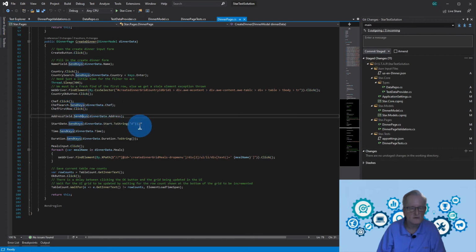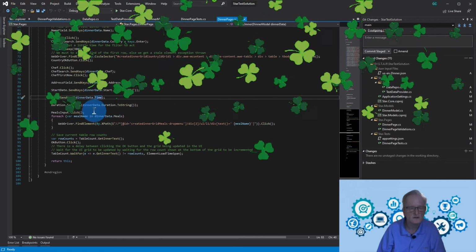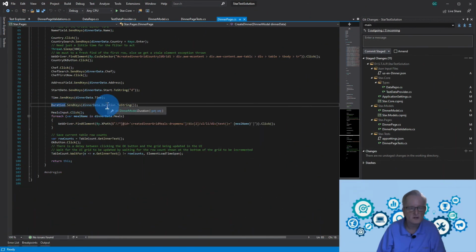And now we go to the address field and we type in our address. We go into the start date and we type in our start date. We're taking our start date and converting it into a simple date string. That's what the application wants, a simple date string. And then time, we take our time and type it in as a simple string. Then our duration, which is stored as an integer, we convert it into a string and type those